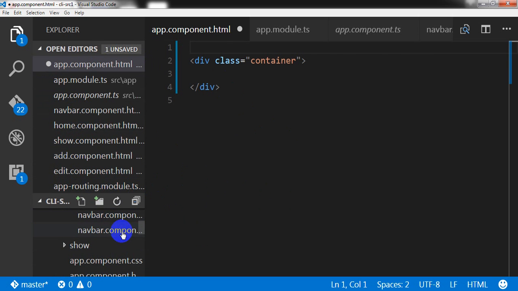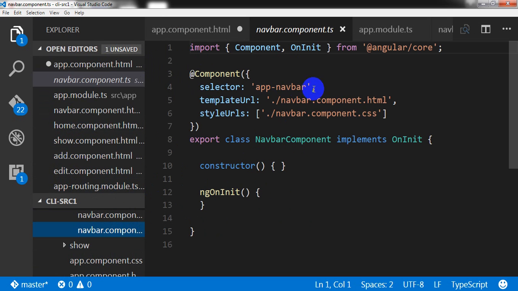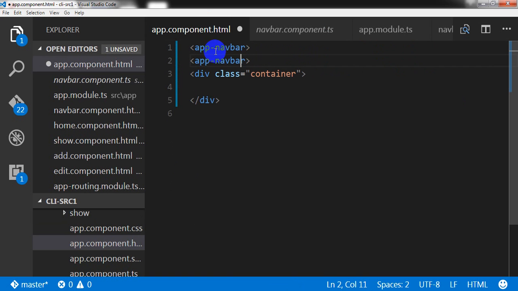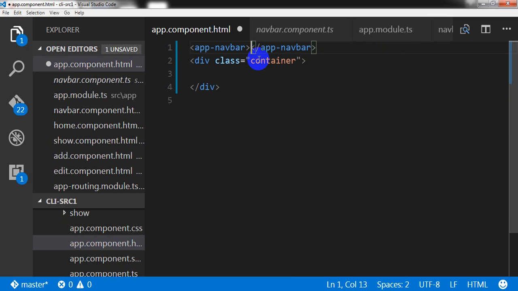Let me see, app navbar. Okay, this component will be on the top of this container div,